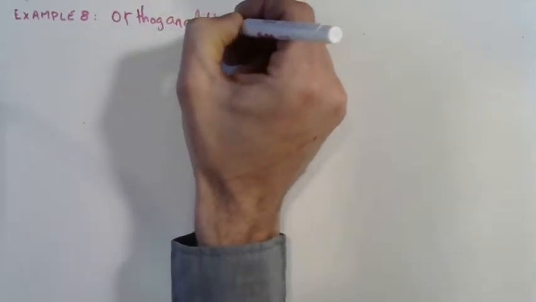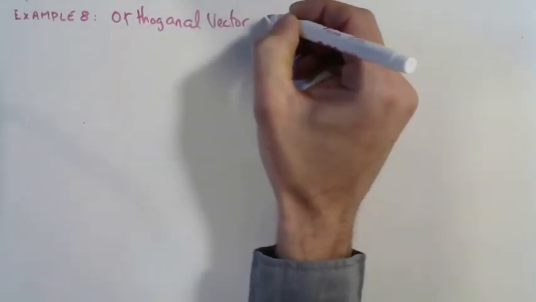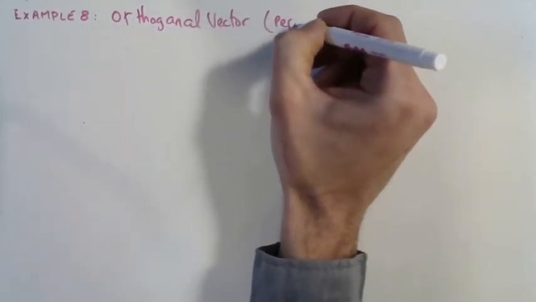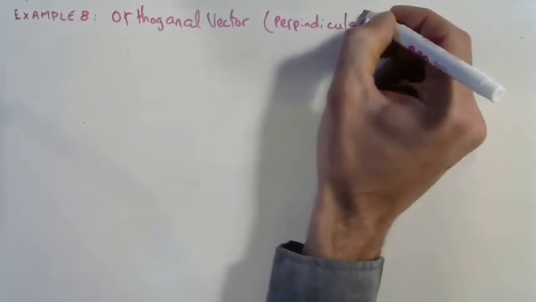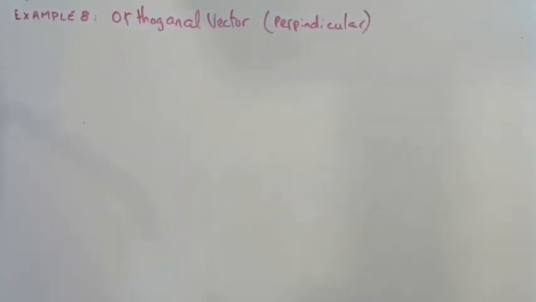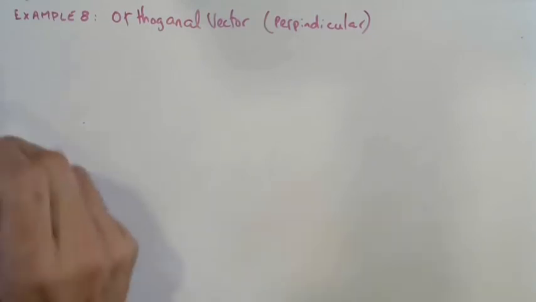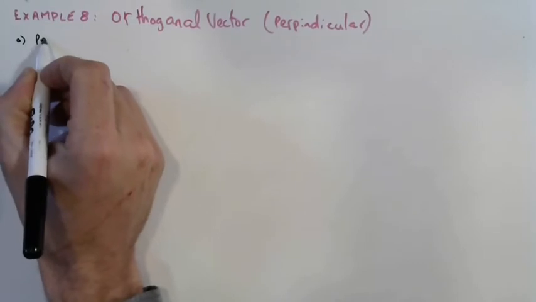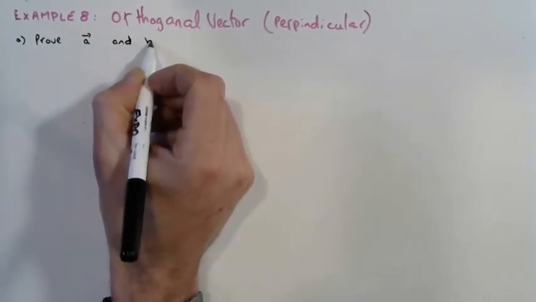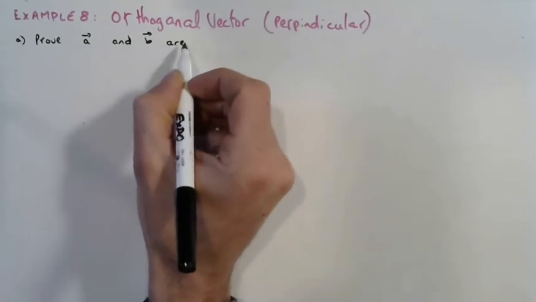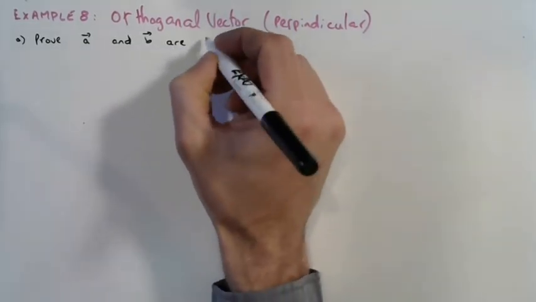Orthogonal vector. Orthogonal just means perpendicular. Okay? So we're going to prove that two non-zero vectors, A and B, are orthogonal